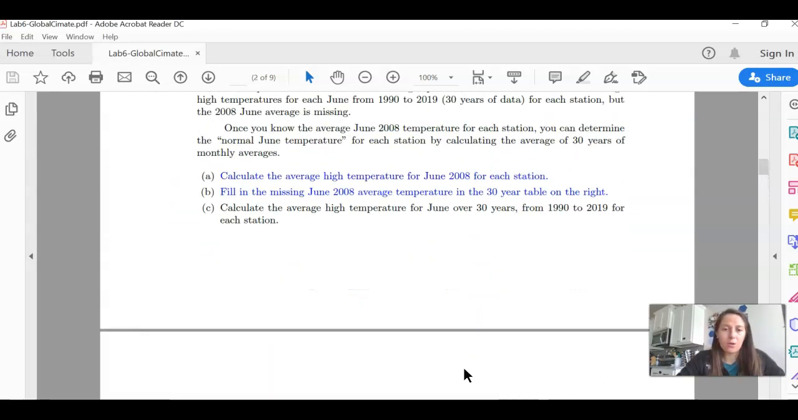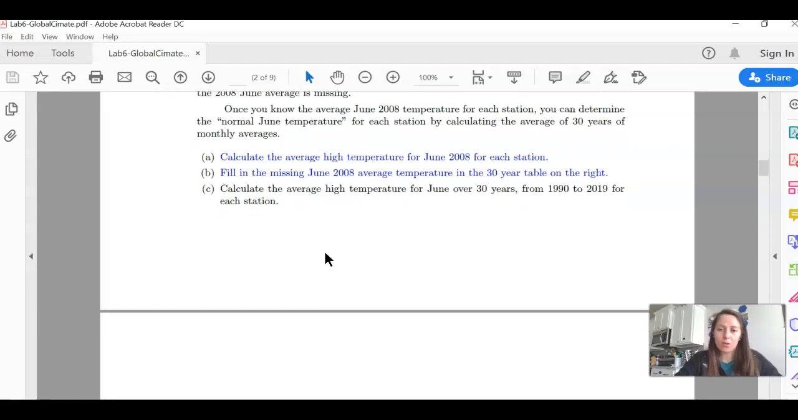So, once you know the average June 2008 temperatures for each of the stations, you can determine the normal June temperature for each station by calculating the average of 30 years of monthly averages. So, in order to do that, you go through these steps. The first thing you need to do is calculate the average high temperatures for June 2008 for each of the